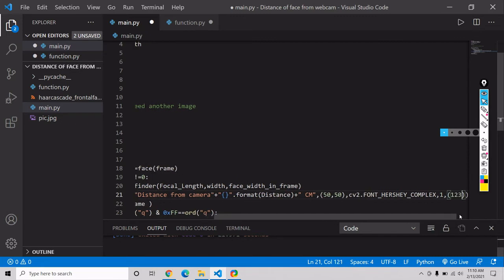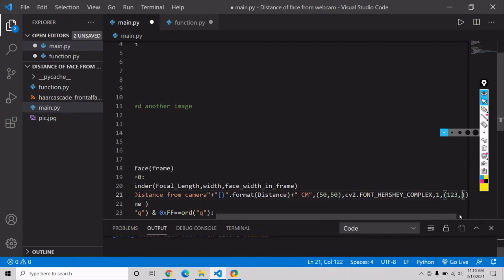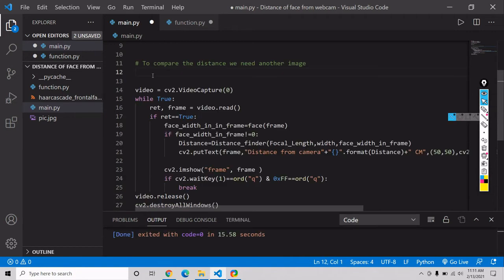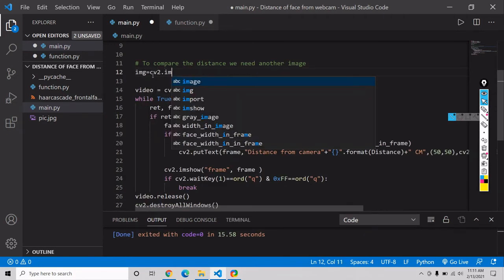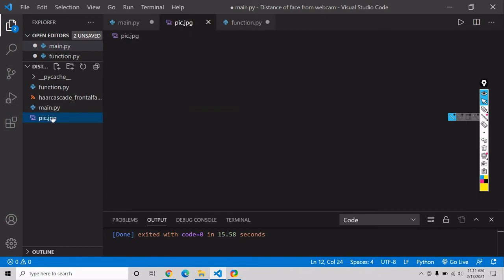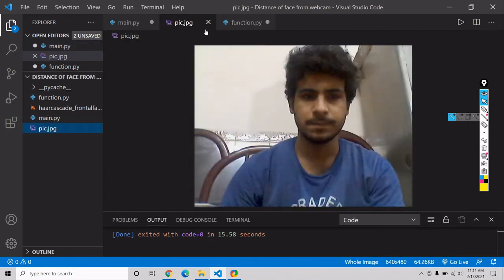Suppose we are taking 1, 2, 3. Randomly, I am taking that. Let's see what the color will be. After that, we have to provide our thickness. Before that, we have to provide our image also. So we write imread, and it is pic.jpg. It is the same pic of me that I have taken randomly.